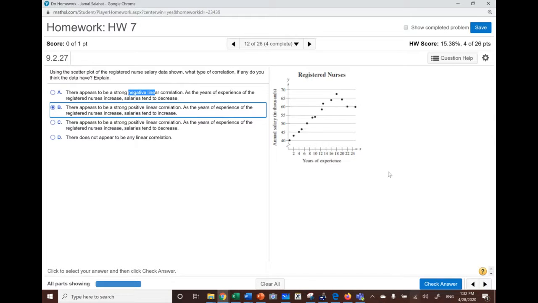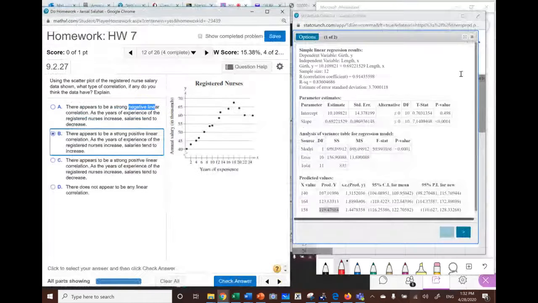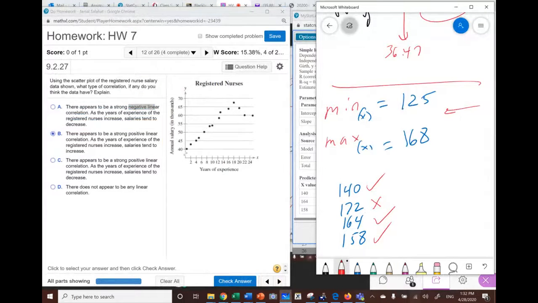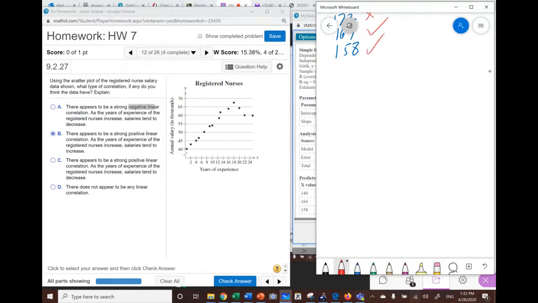But notice that I'm choosing B by looking up to 18 years of experience. Now, although after 18 it starts coming down, but on average, notice that we look at an average here. On average, it's going to be going up. So if I have to put a line in here, let me just minimize this one to show you. If I have to put a line here, this is what I see. I see dots going like this. So if I have to put a line in here, on average, my line is going to look something like this